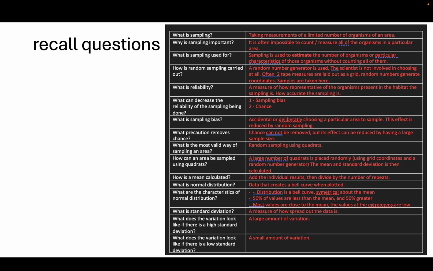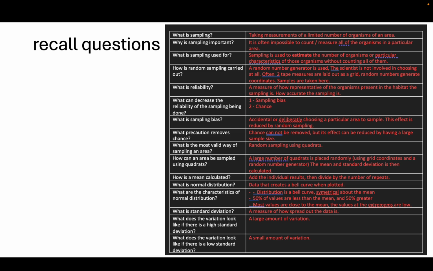So, what is sampling? Sampling is where you take measurements of a limited number of organisms of an area. It's important because it's impossible to count or measure all of the organisms in a particular area. It's used to estimate the number of organisms or the particular characteristics of those organisms without counting all of them. And it's carried out using a random number generator that you're not involved in choosing. You use two tape measures as a grid, and the random numbers generate the coordinates, and samples are taken at